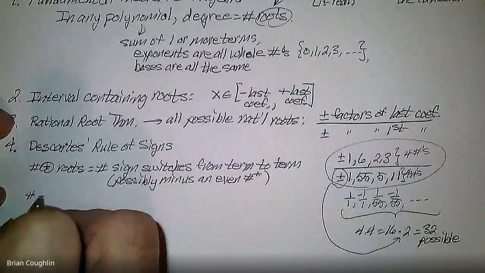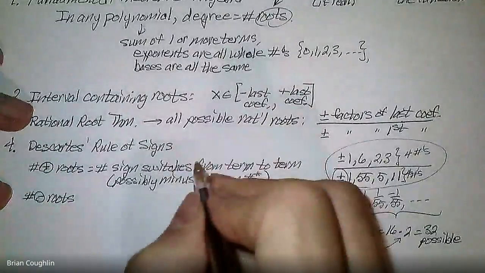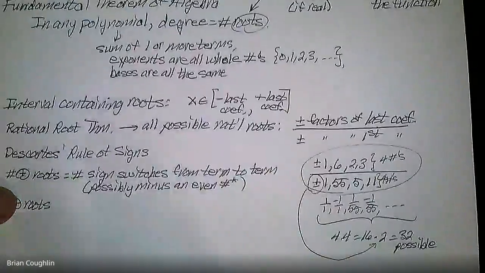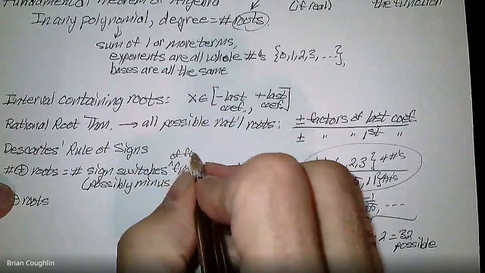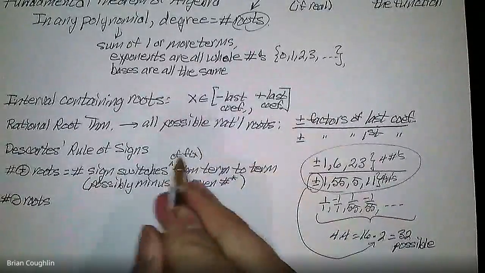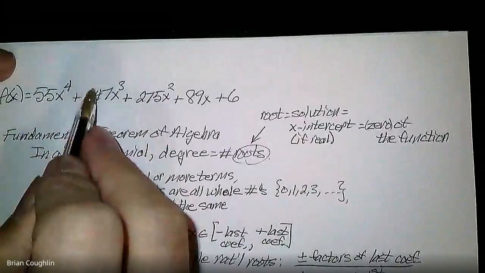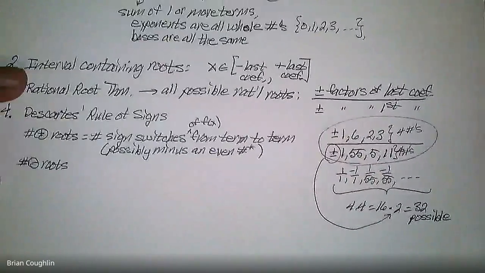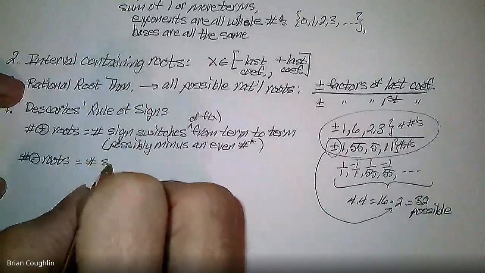The number of negative roots, I should say the sign switches from the original polynomial, like up here, f of x. Let me cram that in here, just so you know what we're talking about. The number of sign switches of f of x going from term to term to term. Basically, if you're switching from positive to negative or negative to positive, that would be called a sign switch. So let's go back over here. The number of negative roots is the number of sign switches